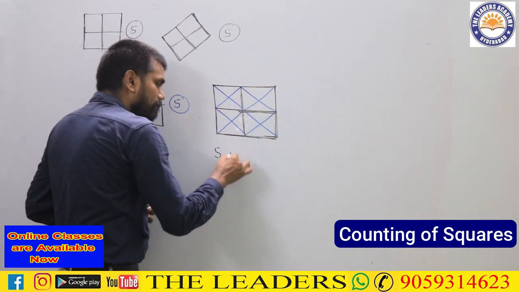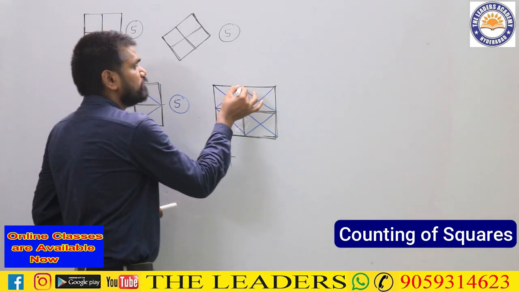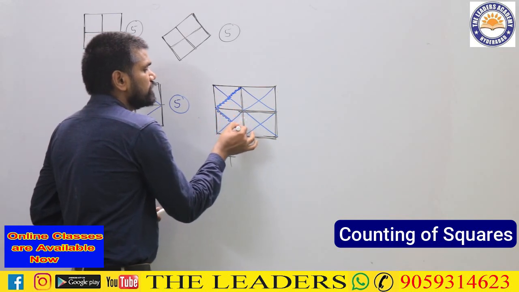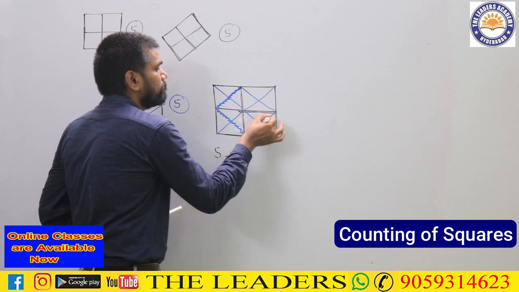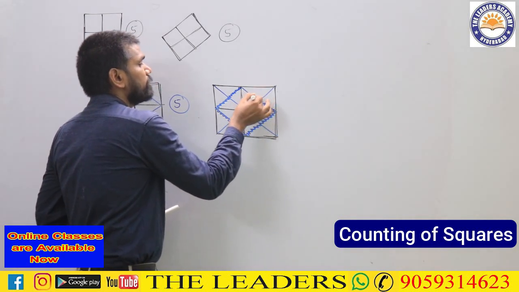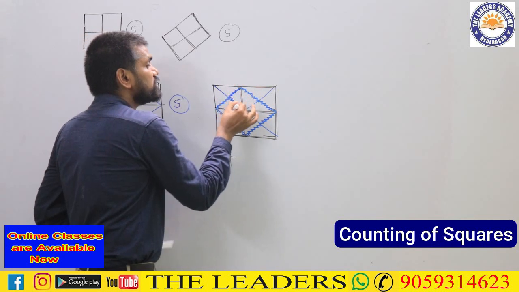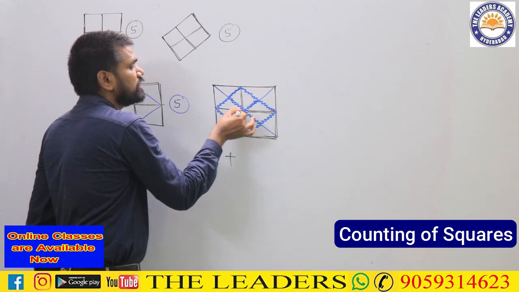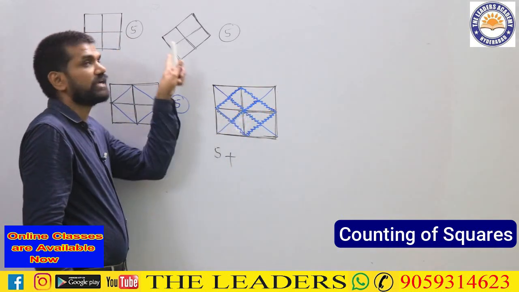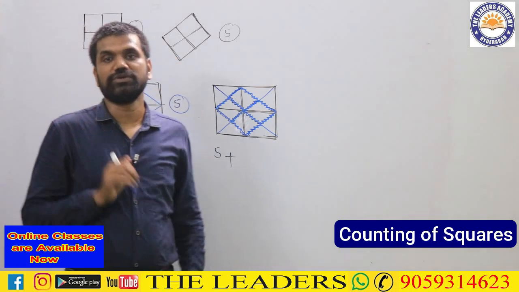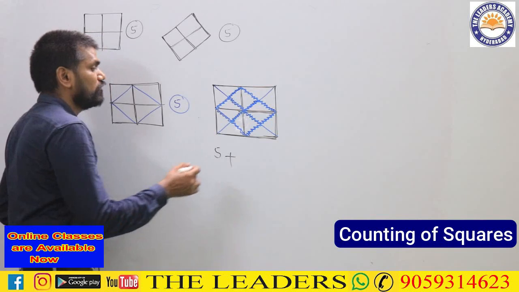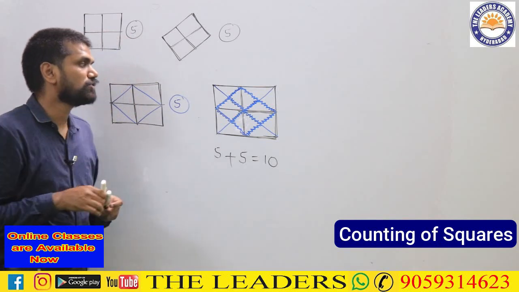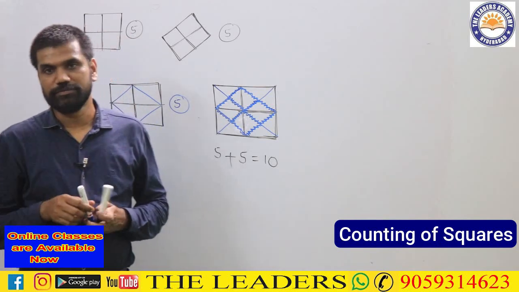5. Plus, if you check this blue one, I am just highlighting this. This particular diagram, if you check, this is a square. This is having 2 lines which are looking like this. So that means this highlighted shape is looking like this second one, which gives you another 5 squares. In total, the number of squares are coming out to be 5 plus 5. That is giving you 10. So this will give you 10 squares over here.